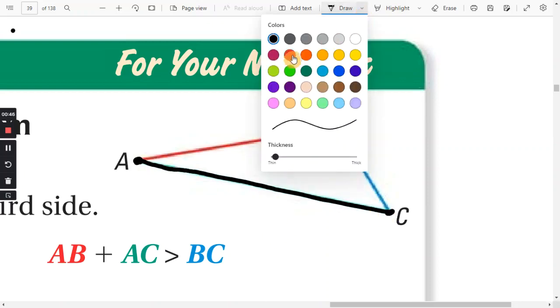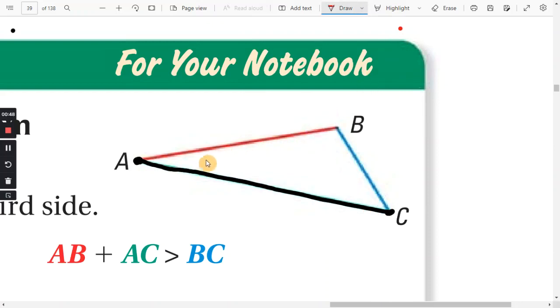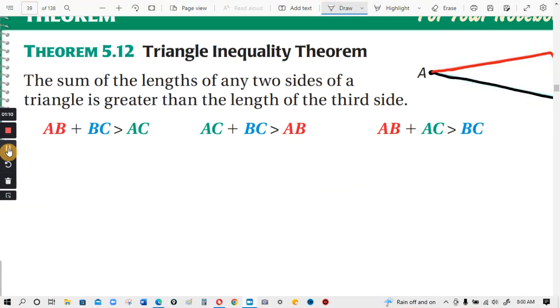Of course, it's going to be a longer distance if I take two line segments to get from A to C. So if I go from A to B and then B to C, those two distances combined will be longer than if I just took a direct line segment from A to C. And as a result, if you add any two side lengths, it's going to be greater than the third side